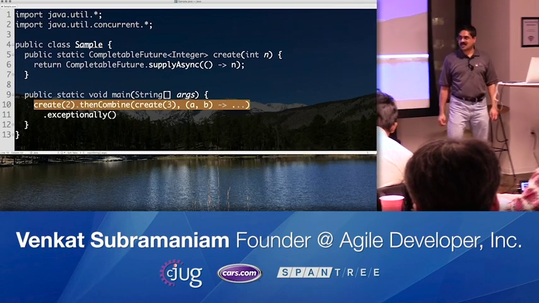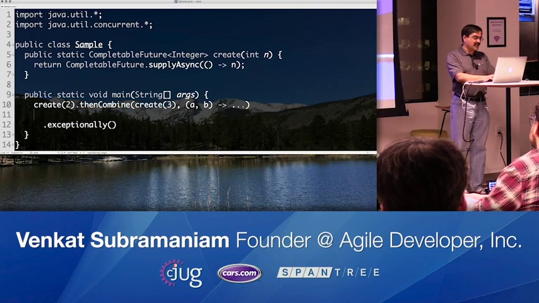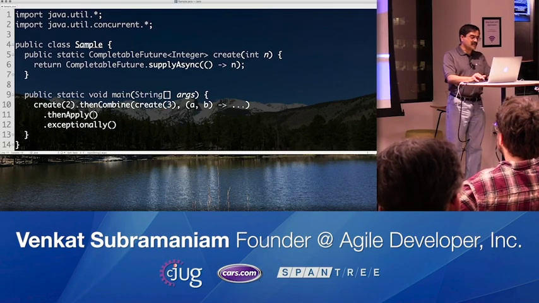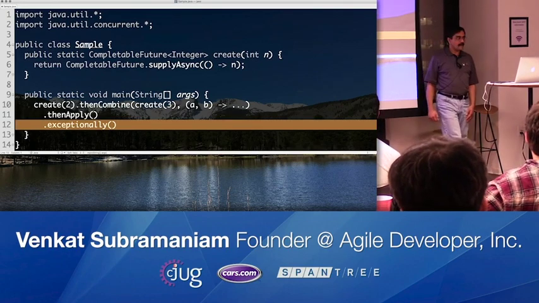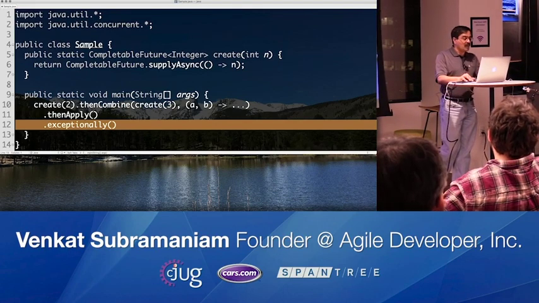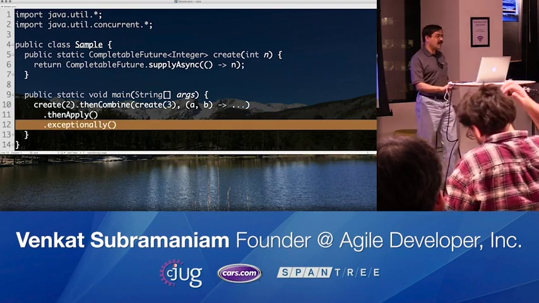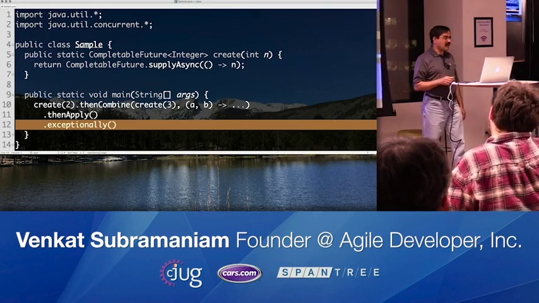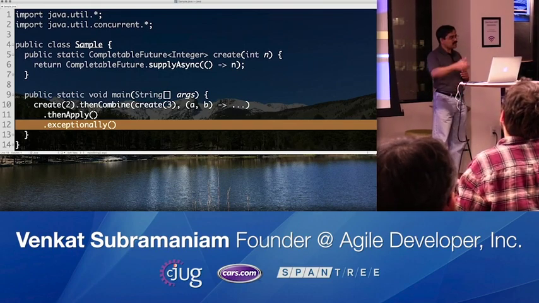So you have to decide which place to put it in. You could also go even further down. You could say, from here I have a then apply, because I have more transformations to do, and then you could have an exceptionally after that as well. So it really depends on where you want to handle the exception. Oh, so it picks up the nearest exceptionally. Well, whenever the failure happens, it'll be picking up the next exceptionally. Okay. So it bypasses all the thens and gets to the next exceptionally, or bypasses the next exceptionally and gets to the next then if it's a success. So that's how it's going to go forward.